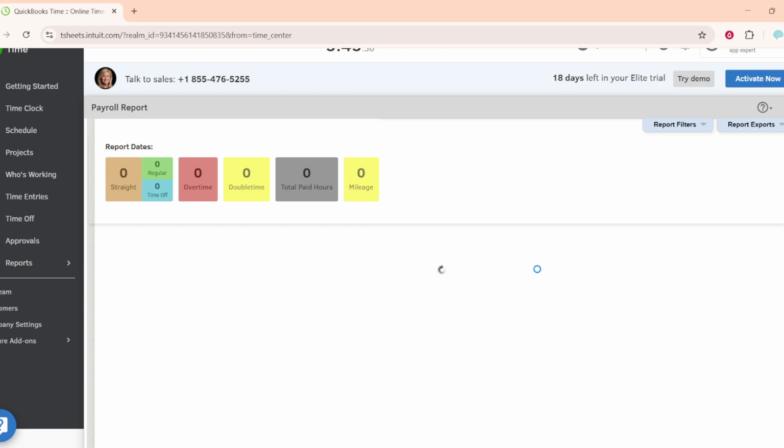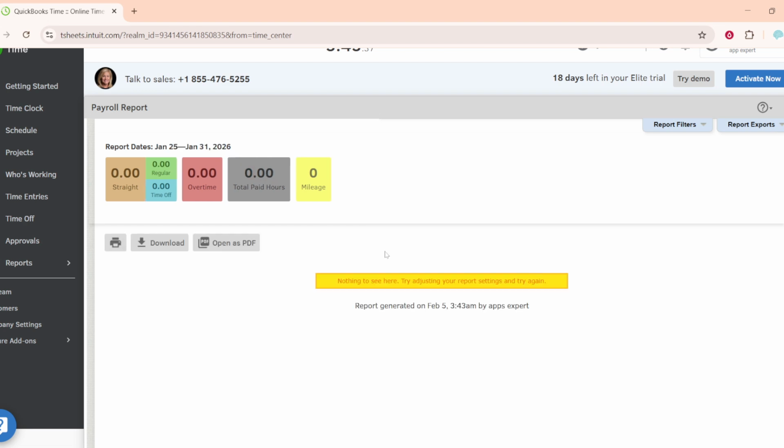If you need to share the results or keep a copy, use Export to download the report. Choose the file format that works best for your workflow, then save it to your computer. This makes it easy to send to payroll, attach to an email, or archive for your records. And that's it. You've created a labor report in QuickBooks Time on your desktop or